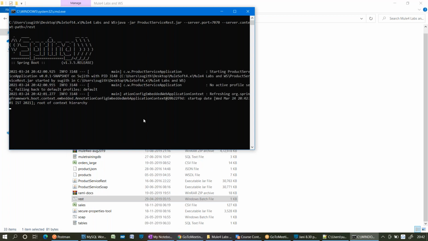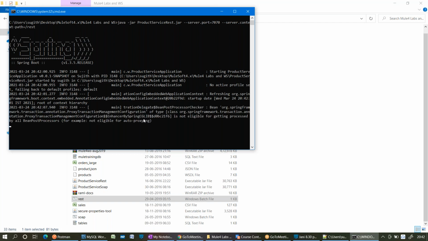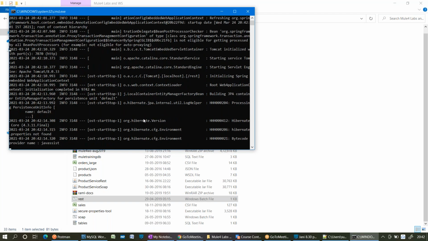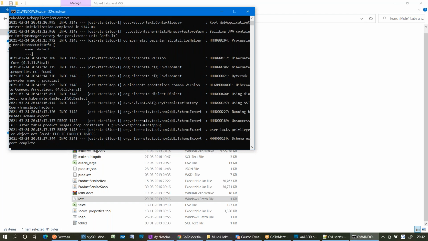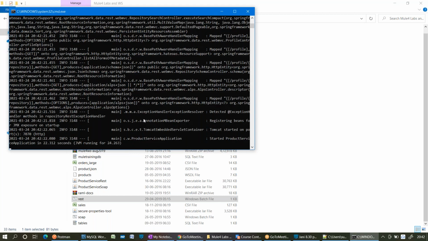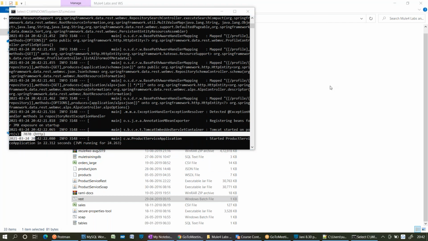As I said, this application is deployed by using Spring Boot, and Tomcat will start. On which port? It's port 7070. Is it started? Tomcat started? Yes or no? Hello, are we connected? Please respond, guys. Unmute your mics. Yes, Eugene, Tomcat has started, and your product service application got deployed on that, right?